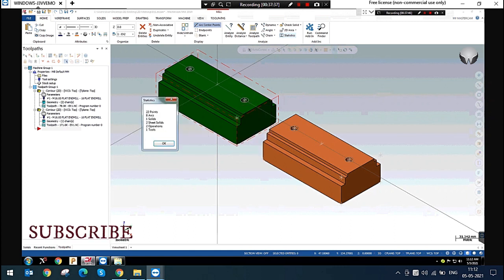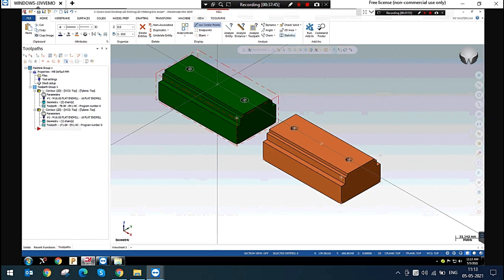So if you convert a surface to solid, it will be converted as a sheet solid. Before, there is no problem.